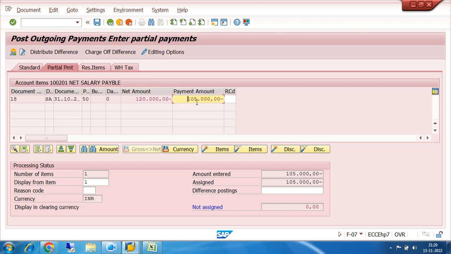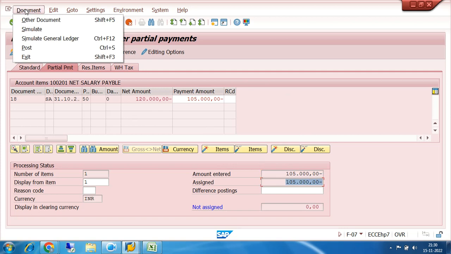Okay, once I double click on the payment amount, then what happened? The amount entered becomes equal to the amount assigned, right? Though the document number 18 is showing as 1,20,000, intentionally we are making the part payment. Once you go for the partial payment, you choose the partial payment tab, right? Now you have to double click the payment amount so that automatically it will be converted into the amount entered, amount assigned is equal, and this is a perfect case of clearing. So click on the document simulate,